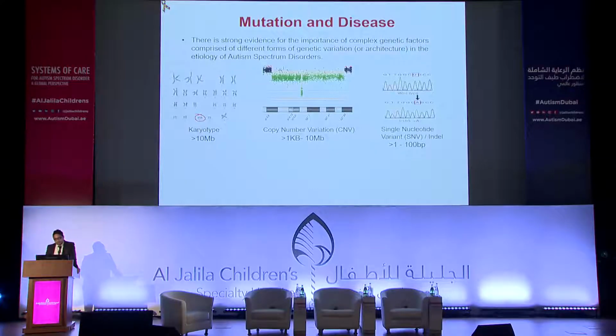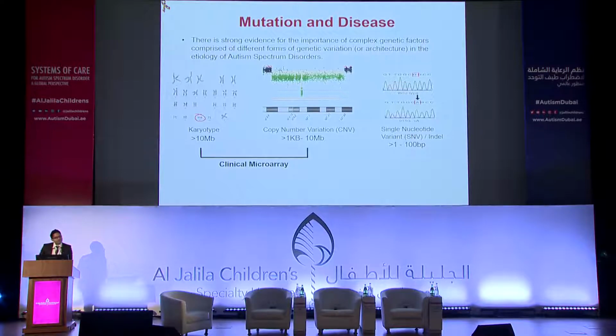So this is a karyotype of a Down syndrome patient where you can see trisomy 21, the chromosome has been duplicated. And this can be detected by karyotyping, and the copy number variation usually in terms of length starts from 1 kb around that range, and maybe up to 10 megabase in length, because beyond that you can do it by karyotyping. And for single nucleotide variants and insertions and deletions, you need a more sophisticated technology. So for the first two, we can do clinical microarray to identify the large structural differences in our genome.